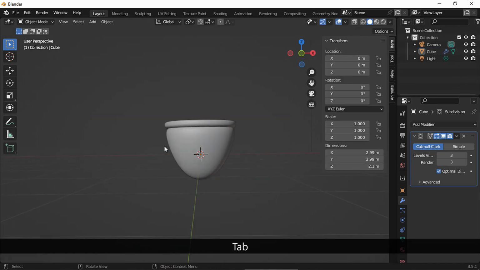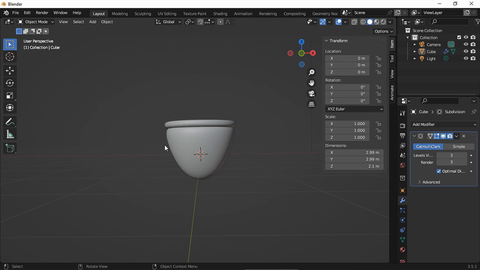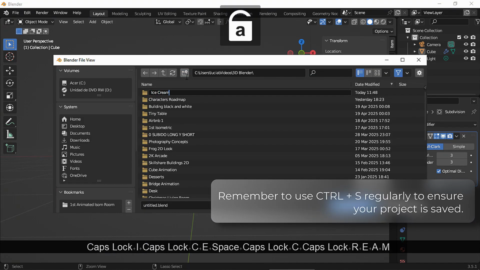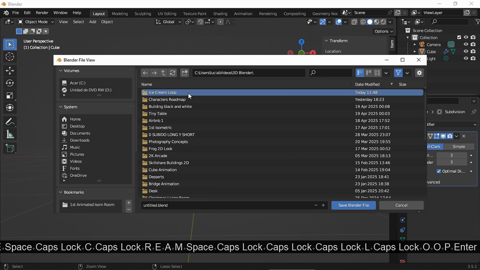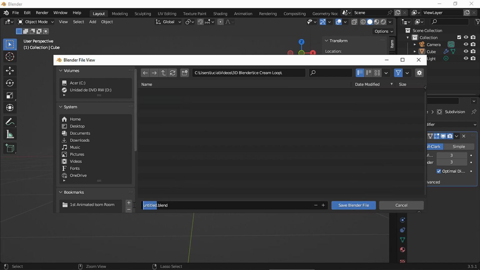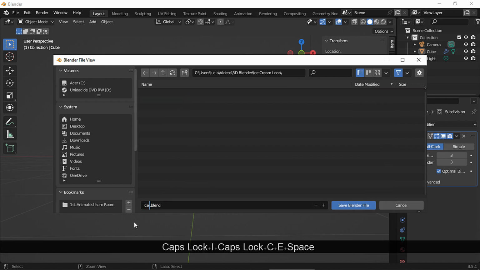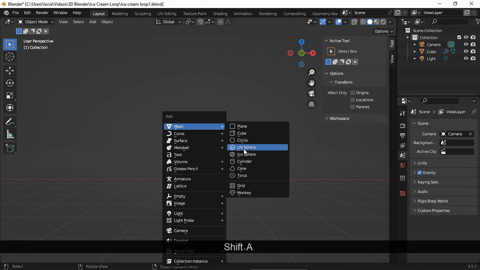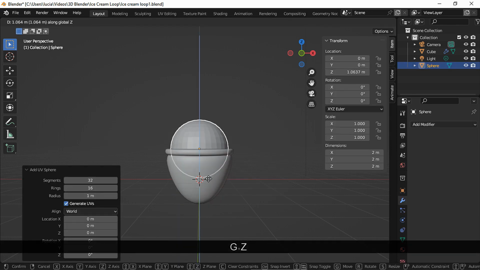Let's go back to Object Mode, and here we have our cone. Before we continue, Ctrl S to save this project. I'm gonna create a new folder and let's name our file. And hit save. To create the scoop of ice cream, add a UV sphere, move it up to place it